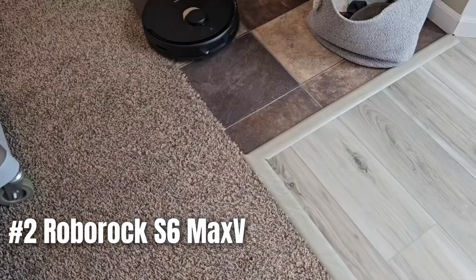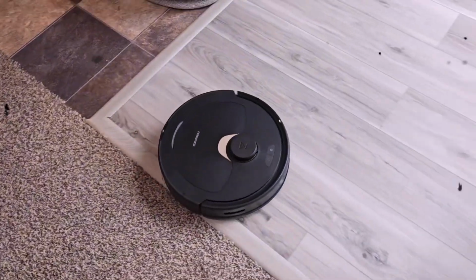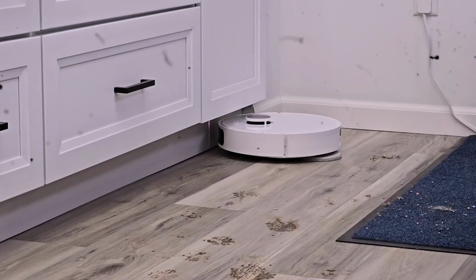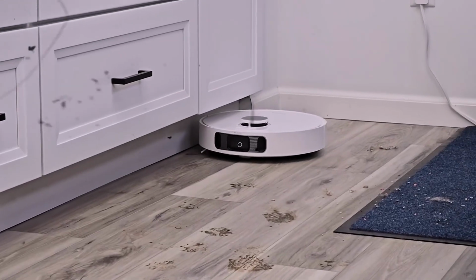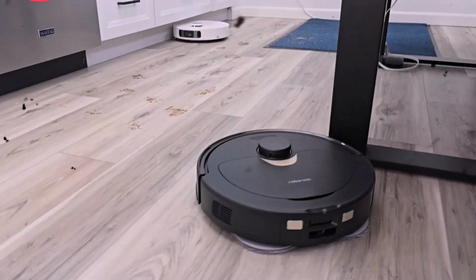Number 2, Roborock S6 Max V. Almost at the top. At number 2 is the incredible Roborock S6 Max V. Picture this. It's late afternoon on a weekend, and you decide it's time to clean up before guests arrive later